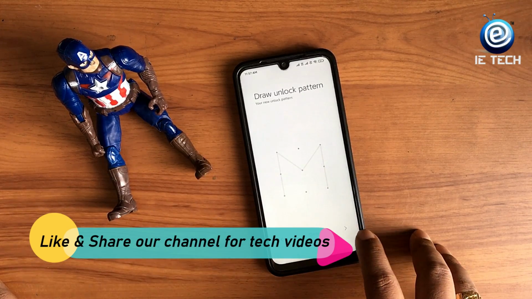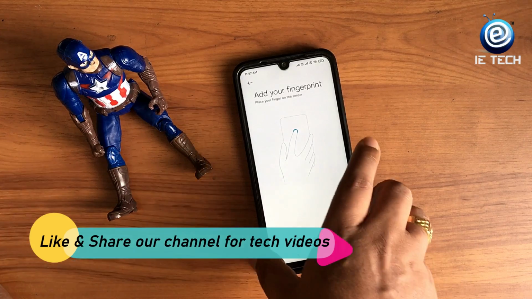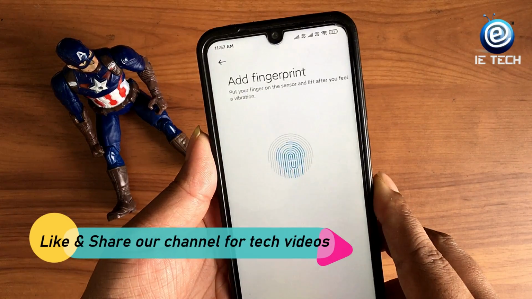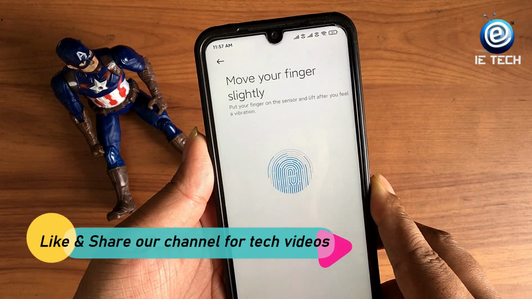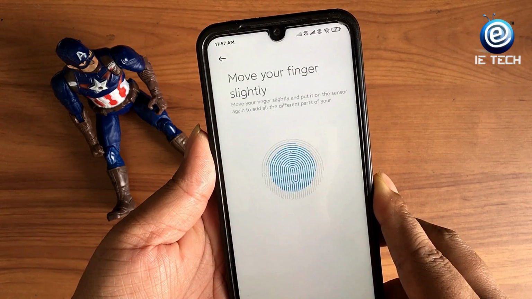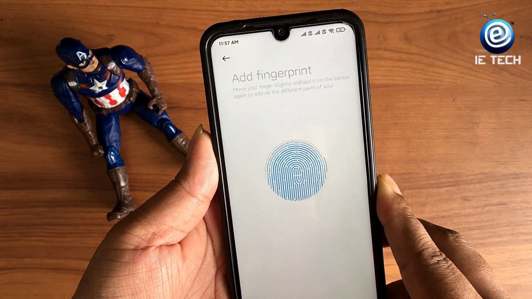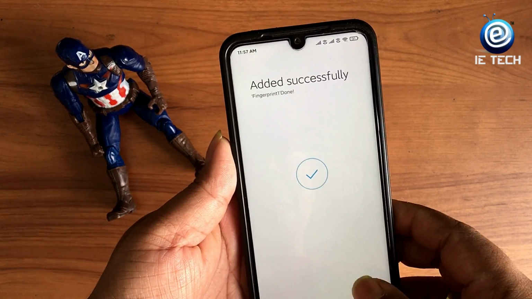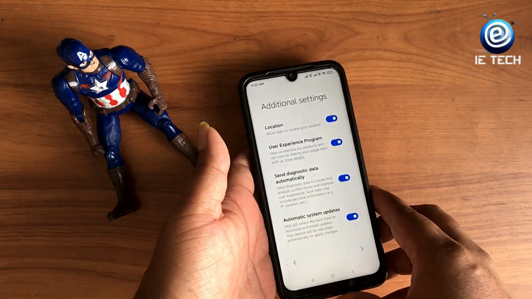And then I'll click on next. It's asking for the fingerprint. I'll be giving the left fingerprint. Okay, later on we can add more fingerprints.